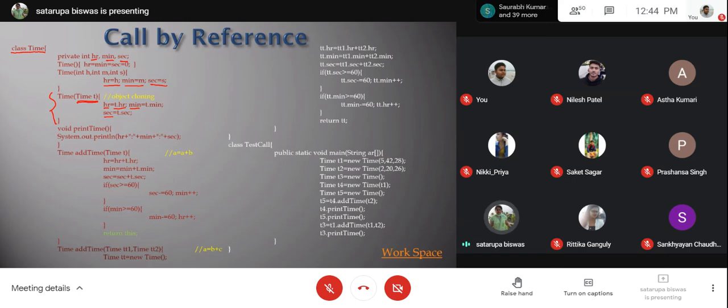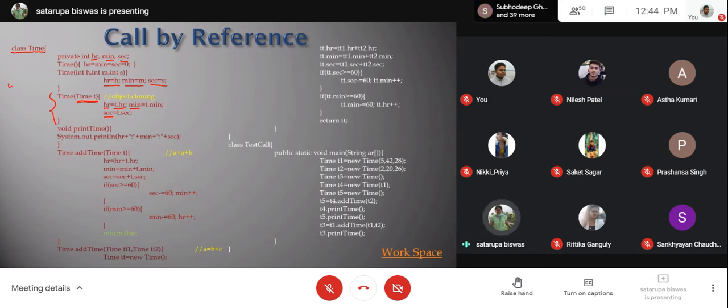Here also again we are facing some method overloading. Okay, because in the first case we are passing a single Time reference. In the second case we are passing two Time references. The motive of both functions is the same, to add two given times.